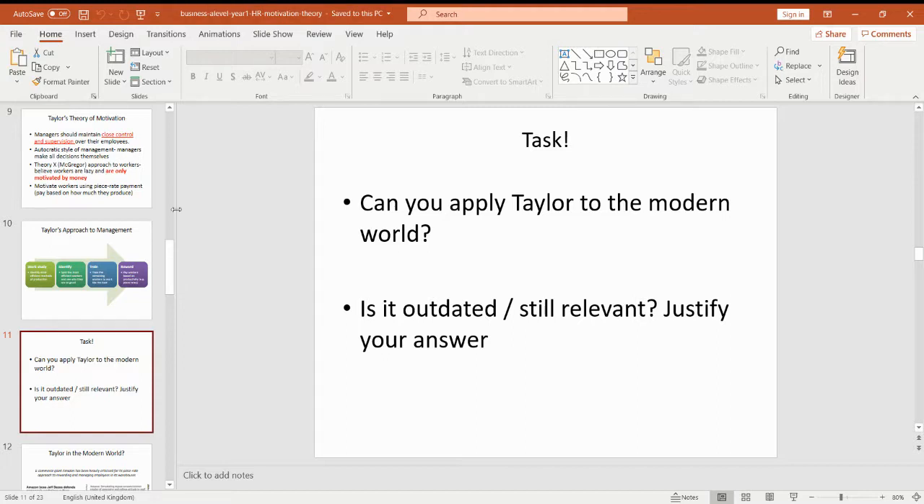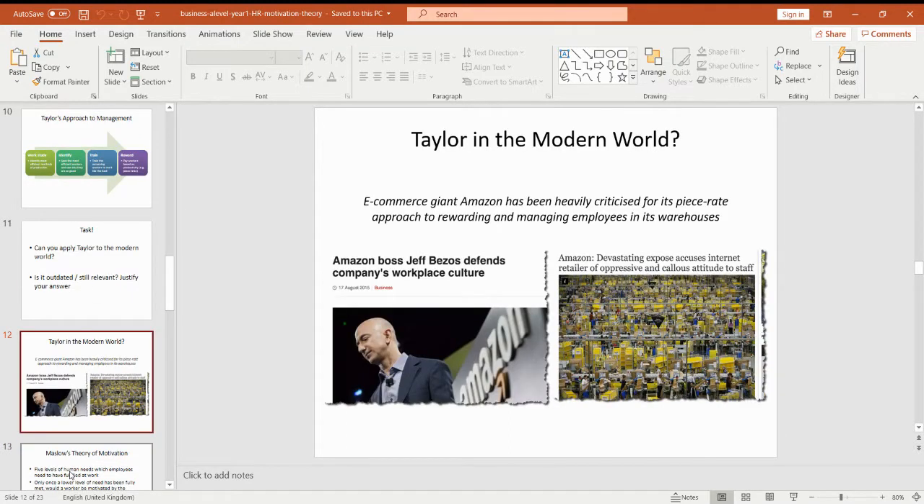Okay. I do have an answer for you, and the one that I found with Taylor in the modern world is related to Amazon. So Amazon have been heavily criticised for their particular approach to managing staff. They're a hugely successful company, probably even more successful now during lockdown. And I don't know about you, but I've noticed that their prices have risen as well since the start of the lockdown, again, capitalising on